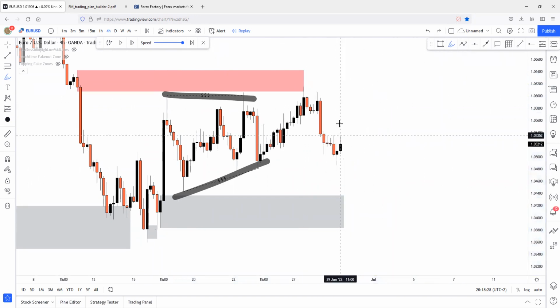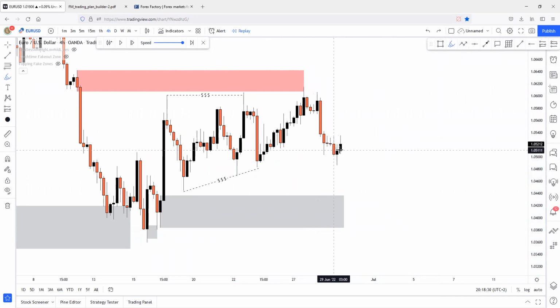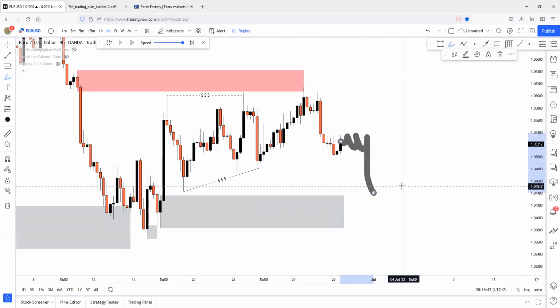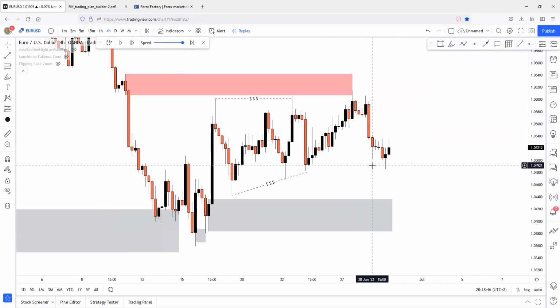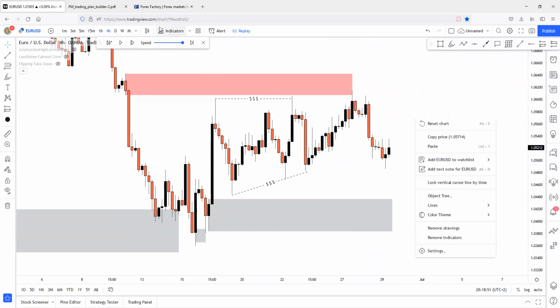So if you'll be able to find good entry points on the lower time frame, for example on the 15-minute chart, some 15-minute supply reactions, or right here, I don't know where that 15-minute supply will be. If you can find a good reaction of 15-minute supply points, we'll be able to take shorts to the downside, because the overall main trend on the 4-hour time frame and the higher time frame is unarguably bearish, right? So this is our main trend.